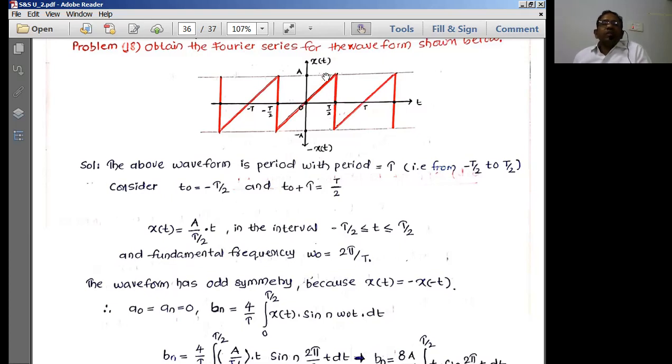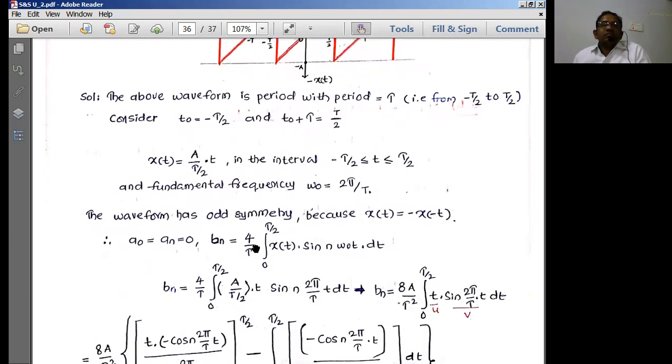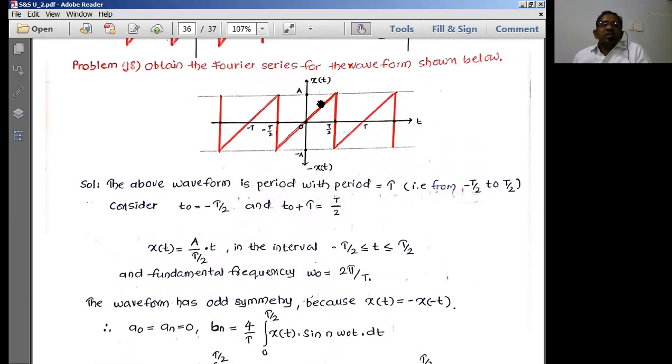So if you consider this as the half wave here, then I can write this amplitude is going to be A. So this is a dy component, differential in the y quadrant, is going to be this A. Differential in the x quadrant is going to be what now? T by 2 minus 0 is going to be T by 2, of course, into T. So therefore x of t is equal to, I can write, 2A by T. All right. So this function is existing over the limits minus T by 2 to plus T by 2.